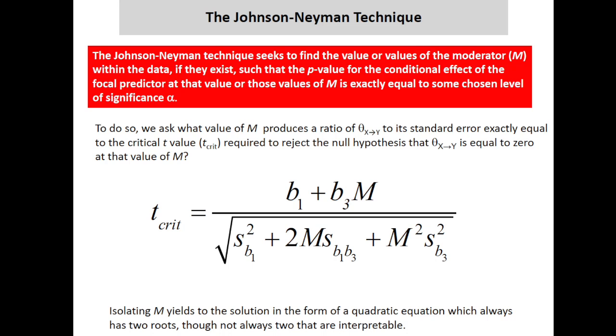And that's something called the Johnson-Neyman technique. The Johnson-Neyman technique has been around since around 1937, I think. And it comes out of the analysis of covariance literature. So, when you do an analysis of covariance, you want to compare differences between two groups on some outcome, but you know those groups might differ on some other variable. You want to partial that effect out.